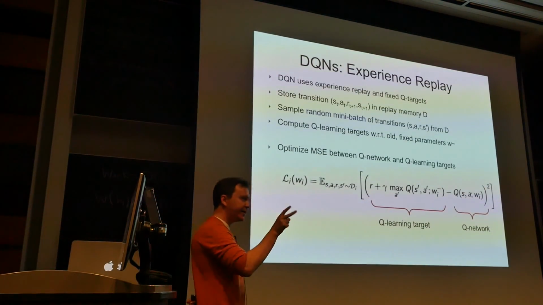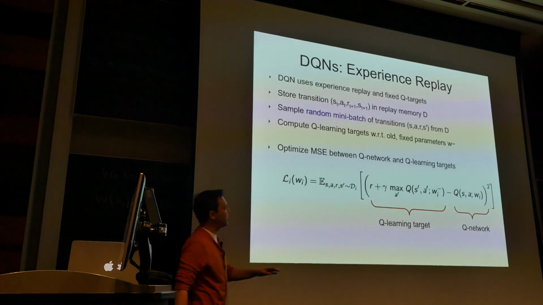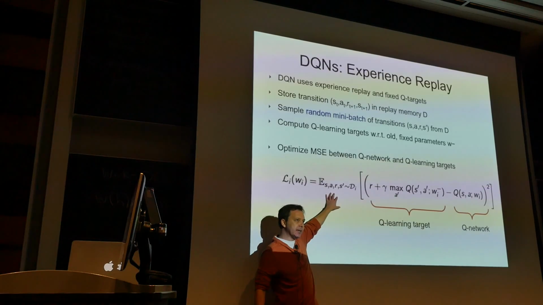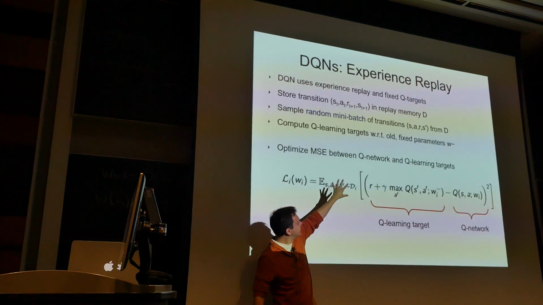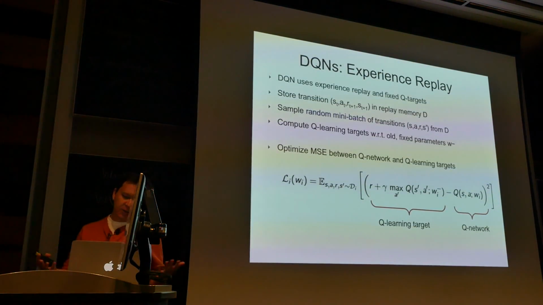And then you have to resync them once in a while. And these expectations, if you think about what they are, you're just sampling from your replay memory and you just take the average. So typically, you sample